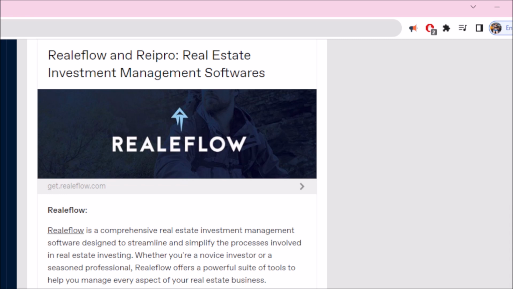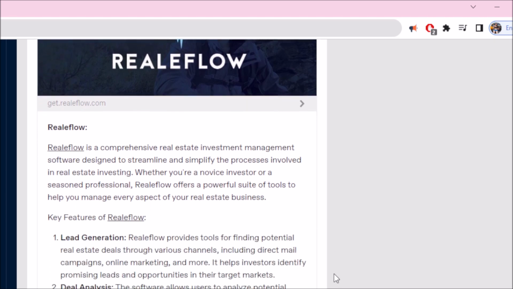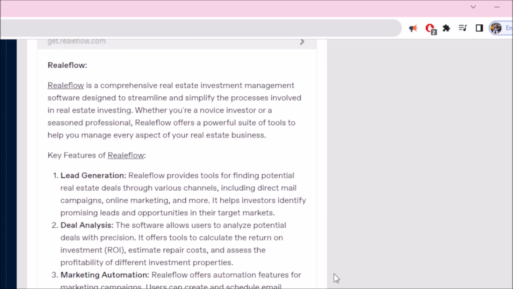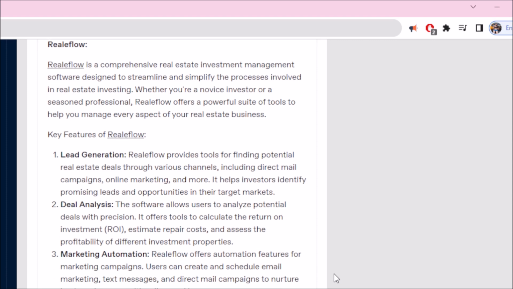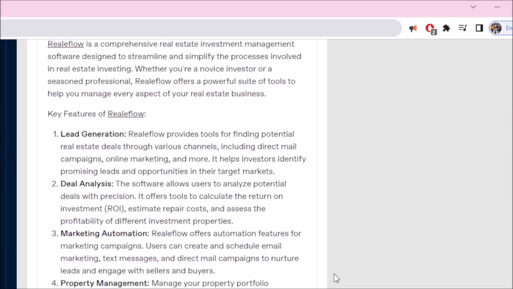1. Lead generation. Realeflow provides tools for finding potential real estate deals through various channels, including direct mail campaigns, online marketing, and more. It helps investors identify promising leads and opportunities in their target markets. 2. Deal analysis. The software allows users to analyze potential deals with precision. It offers tools to calculate the return on investment, ROI, estimate repair costs, and assess the profitability of different investment